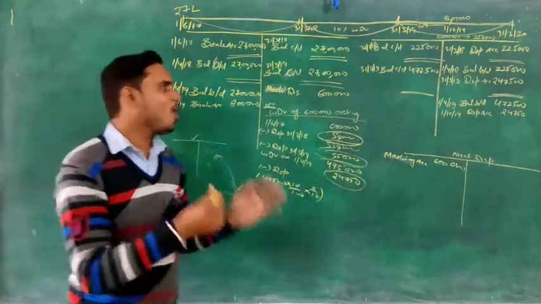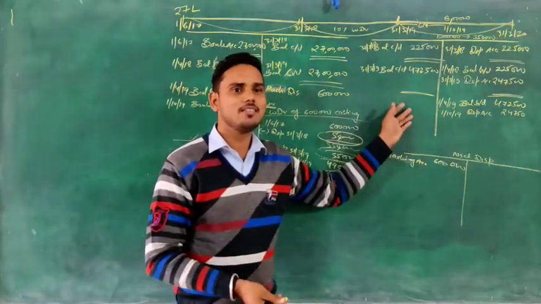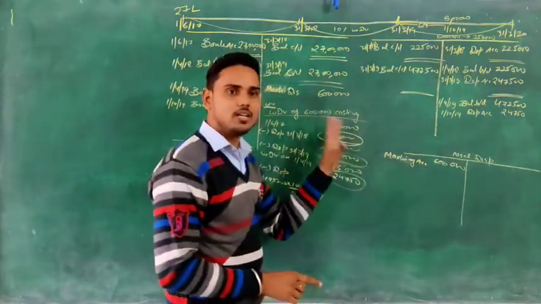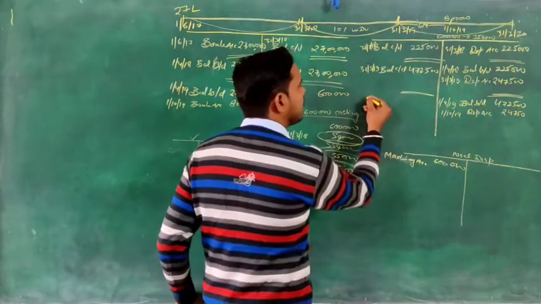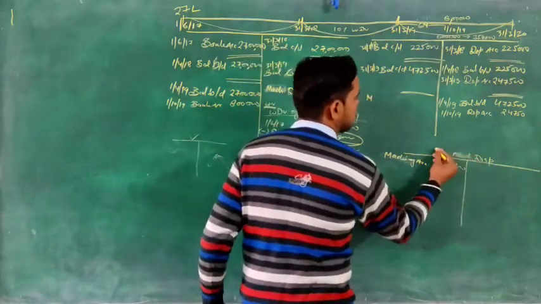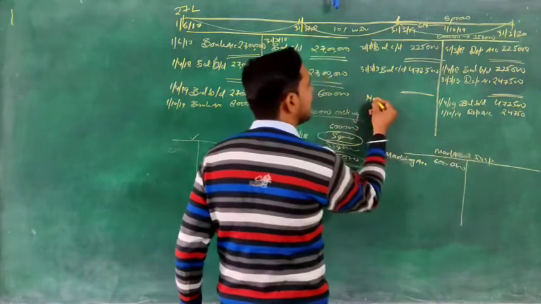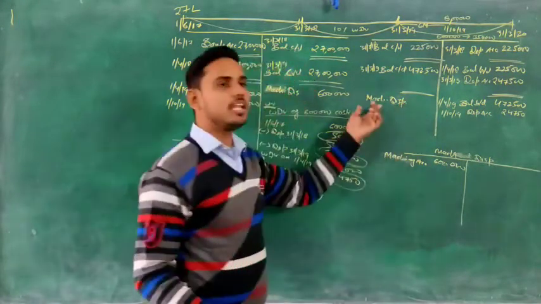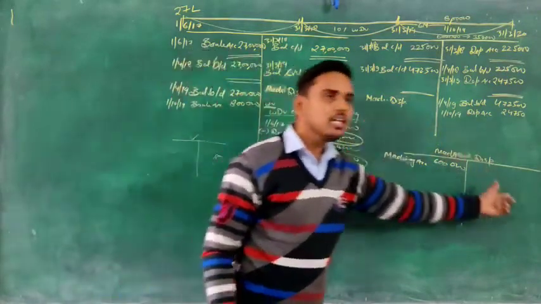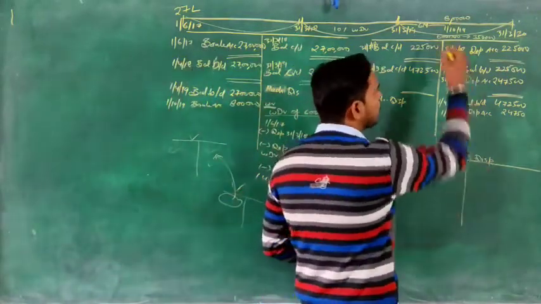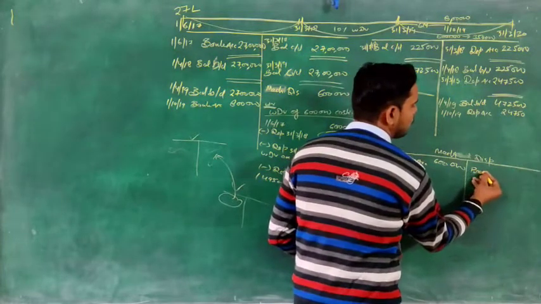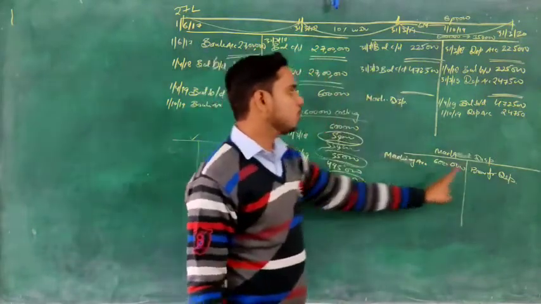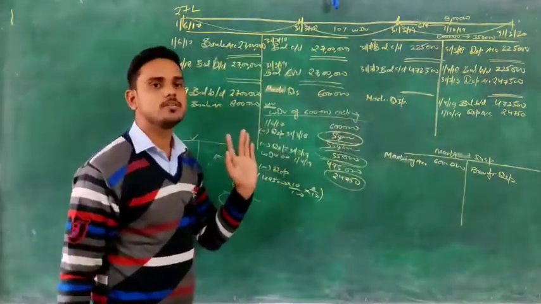Now depreciation has to go now. So what will we do? We will write here the name of the account in which that is going, that is machinery disposal account. And that is written on the debit side. So we will write on which side? Credit side. And write what? Name of the account, that is provision for depreciation. The date will be the same, the date of sale, that is 1st October.